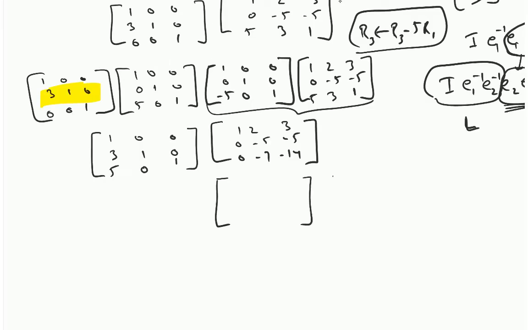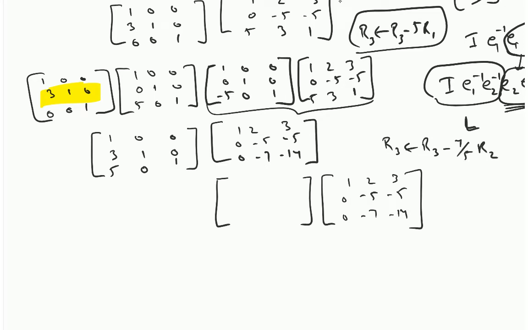What do I have to multiply this by now? 1 2 3, 0 minus 5 minus 5, 0 minus 7 minus 14, right? And I pre-multiply this by, so what is the operation I want to perform? R3 goes to R3 minus 7 by 5 R2, right? That will make this entry 0. So finally I'll have an upper triangular matrix. So how do I capture that? 1 0 0, 0 1 0, R3 goes to R3 minus 7 by 5 R2. Okay, and let me multiply by the inverse of that,